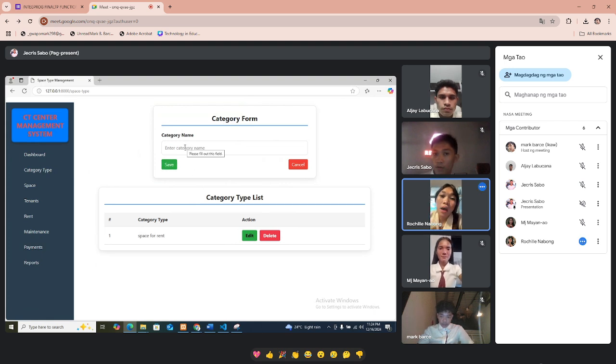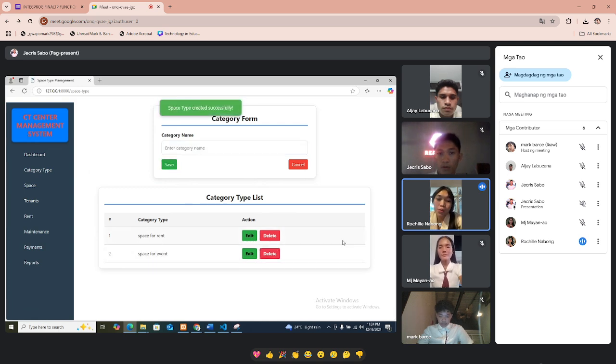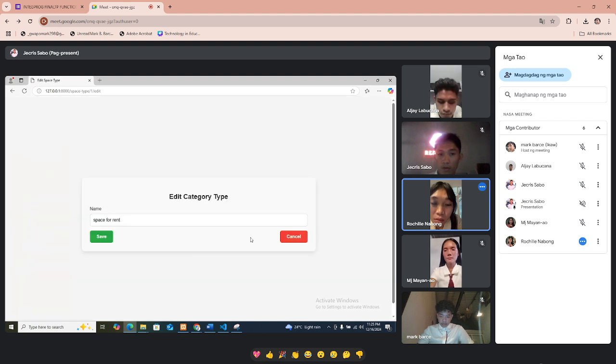Let's fill up again: space for event, and click save. It's done. If you want to edit, click edit and click save.